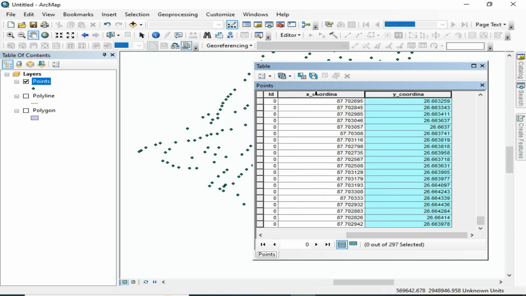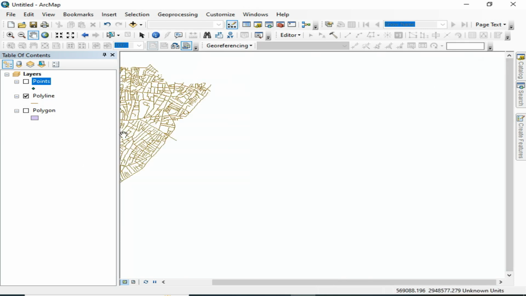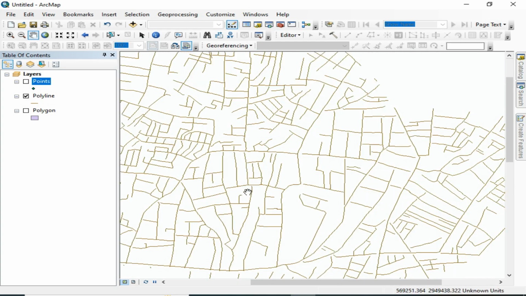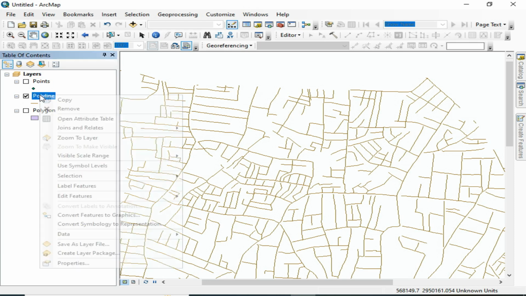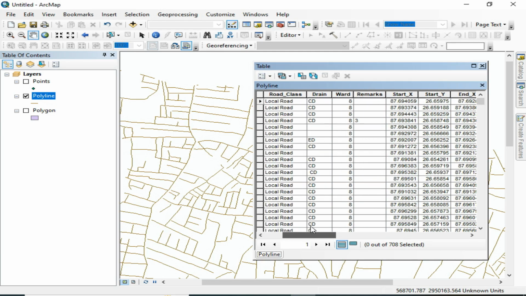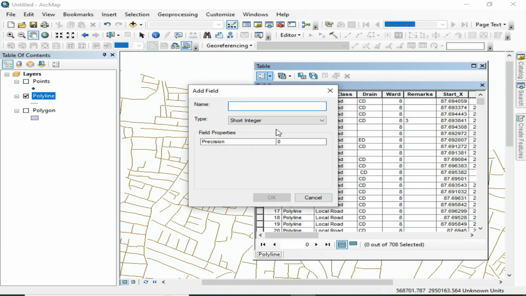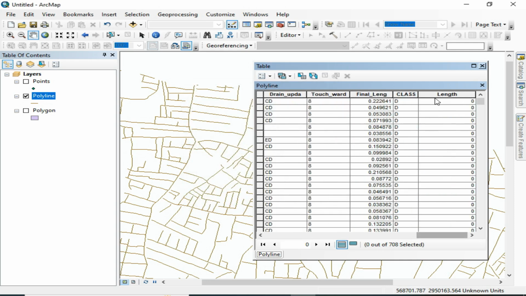Let's start to calculate the length of this polyline. We have this polyline digitized in ArcMap. Let's open its attribute table, and there are already some columns we have calculated. Let's add a field called length, and then float value. Okay, let's calculate its length by left clicking on this entire column and then